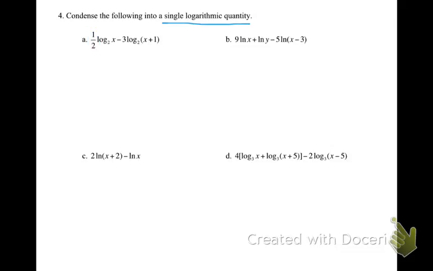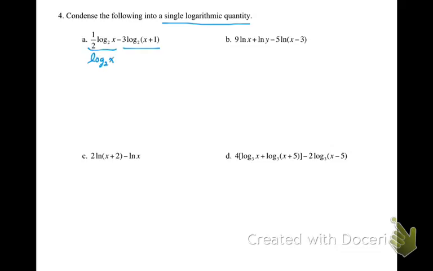When we have a subtraction between logs, that's going to mean we're going to have division. Now keep in mind, even though there's an addition here, this is not going to break up into the product of logs because in this case it's in parentheses, log base 2 of quantity x plus 1. So I see essentially two main parts here. Using the exponent